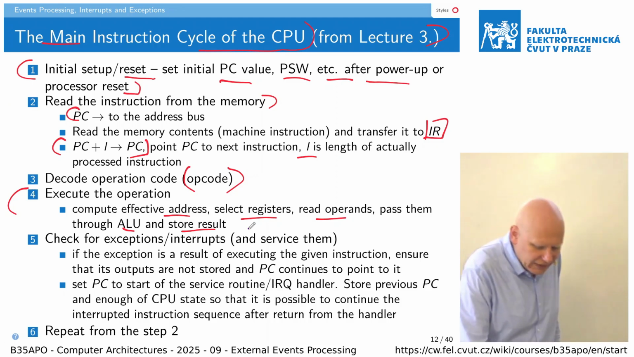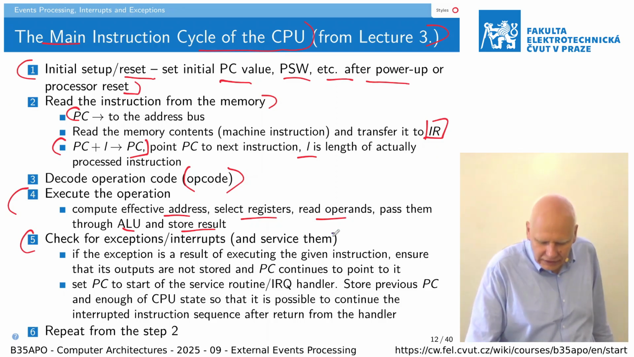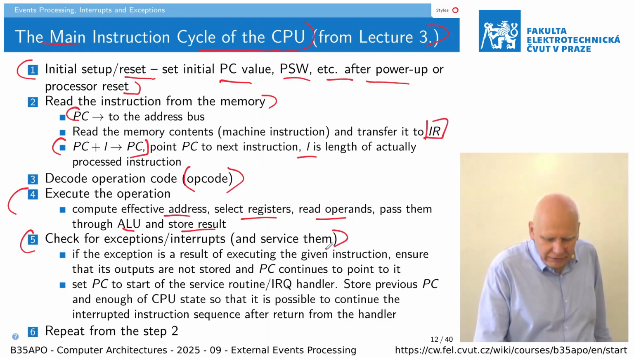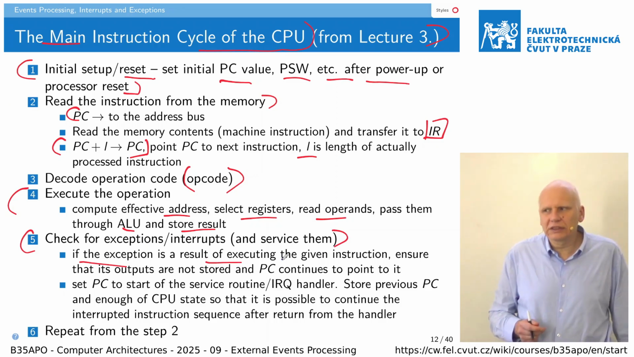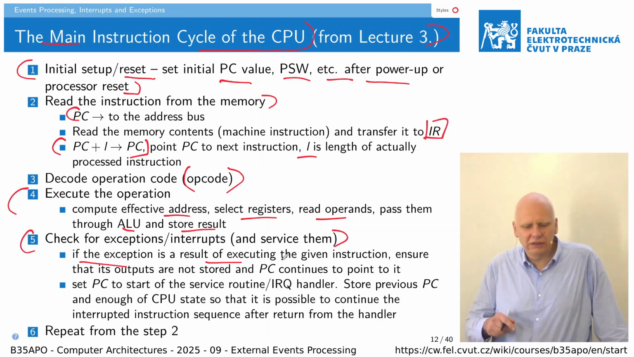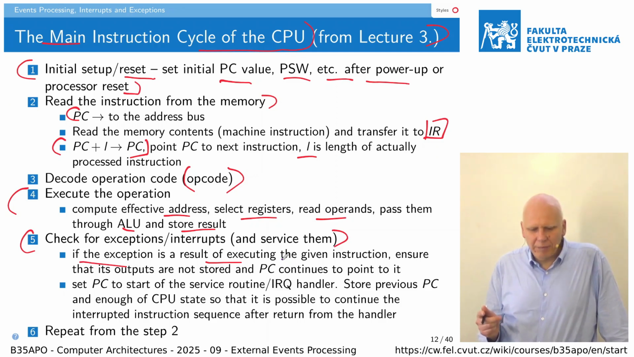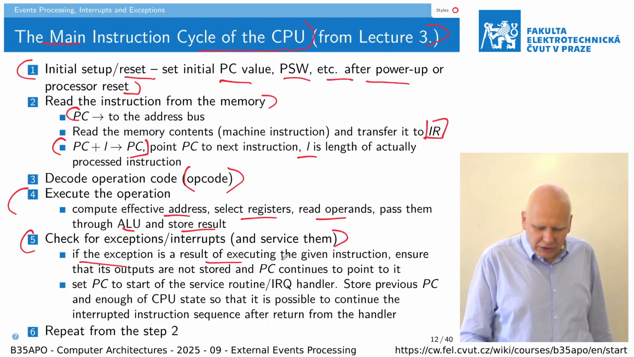And now there is added step 5, which is a check for the exceptions, interrupts, and ability to service them. So if there is an exception, which is the result of executing the given instruction, for example, if you try to divide by 0, or if it is an unknown opcode, or if there is, for example, a missing page in the virtualized memory, in the page memory, and so on, then in such case